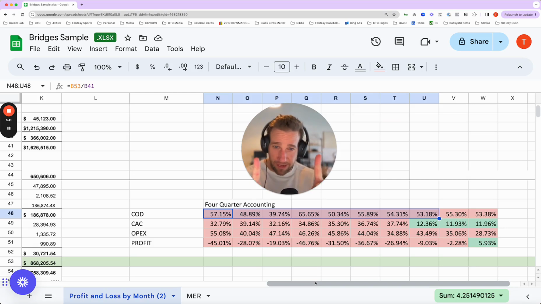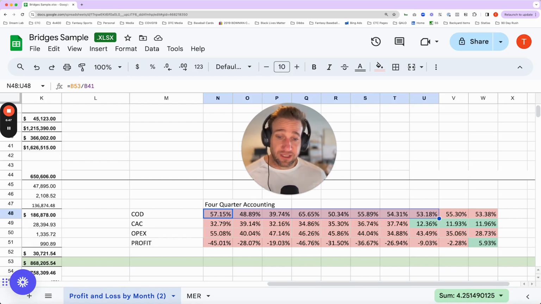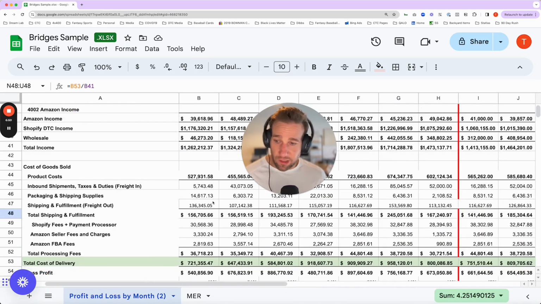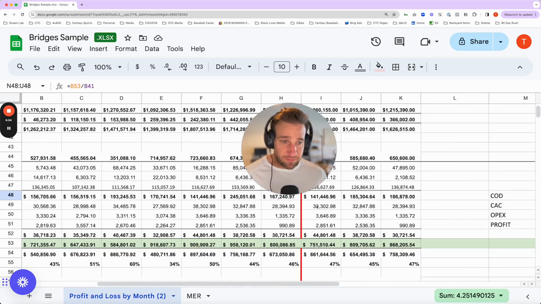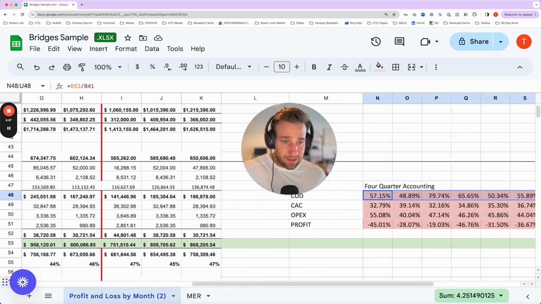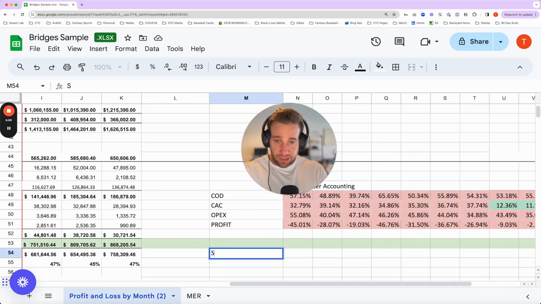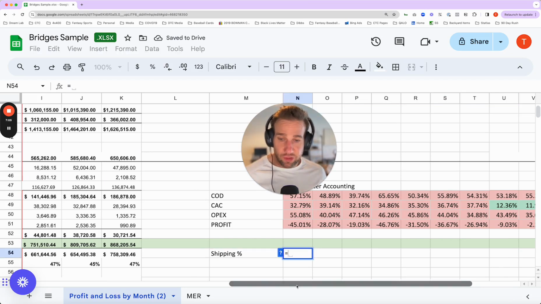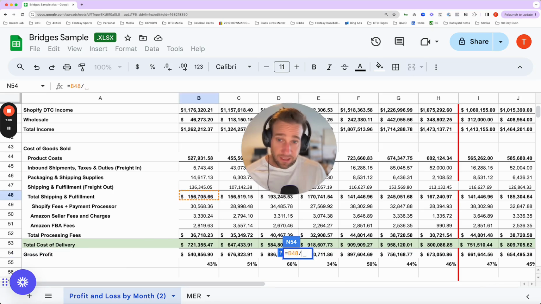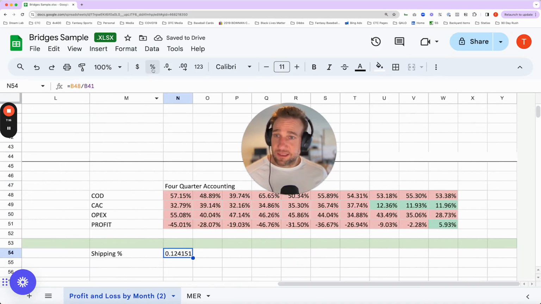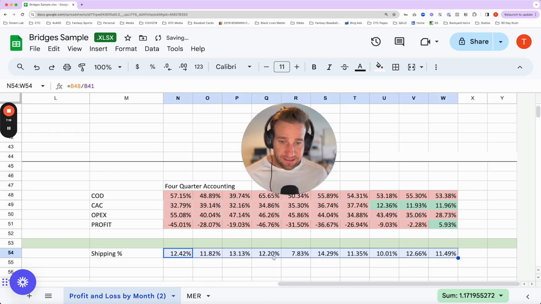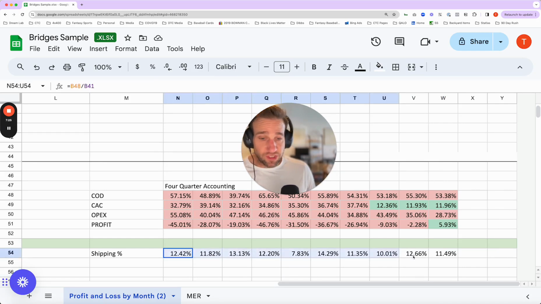The two things that we care a lot about are 1, discount rate, and 2, shipping costs, shipping and fulfillment expense as a percentage of this revenue. So if we go back and look, what I've done is break out the shipping and fulfillment expense. Let's think about this from a cost of delivery standpoint and look at just shipping percentage. So now I'm taking a slightly deeper dive into a component. I go total shipping and fulfillment. And what I want to see is that this number is not substantially greater than 10%. Ideally, it's less than 10%, but if I can get this number somewhere around 10%, okay. So I'm at 11. The average here is about 11% in terms of what shipping represents as a portion of